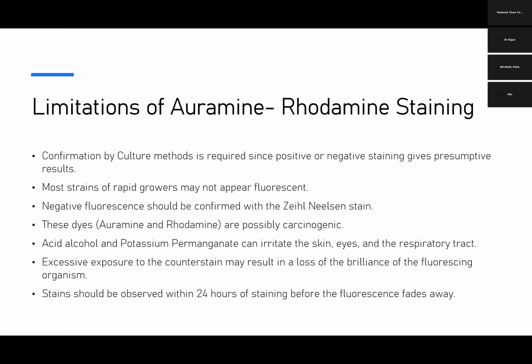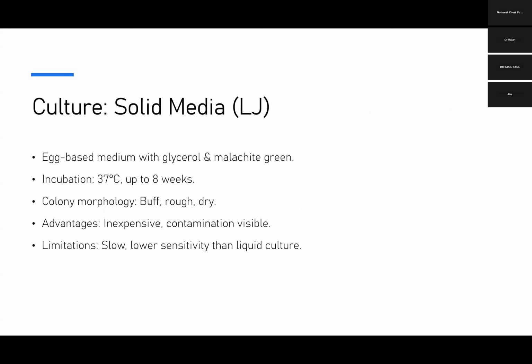So if the staining technique is not correct and there is excessive exposure to counter stain, the brilliance of the fluorescent organism can decrease, and you have to observe this stained slide within 24 hours of staining, because otherwise the fluorescence fades away. Now, coming to the culture media, originally they used to use the solid media called the Lowenstein-Jensen or the